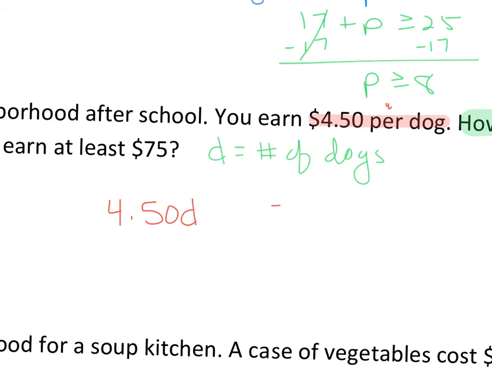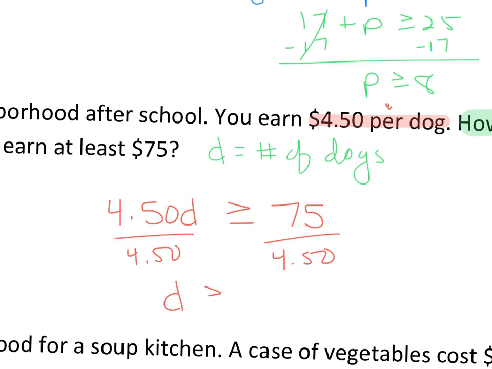All right, and at least $75. So if I want at least 75, am I okay making more than 75? Absolutely. So that's going to make this side your smallest. This is the smallest amount you want to make, but you're okay making more. So again, alligator is going to eat the bigger number. Now, are you okay making exactly 75? Sure. Okay. So now I'm going to divide both sides by 4.50. All right, and so I got D greater than or equal to